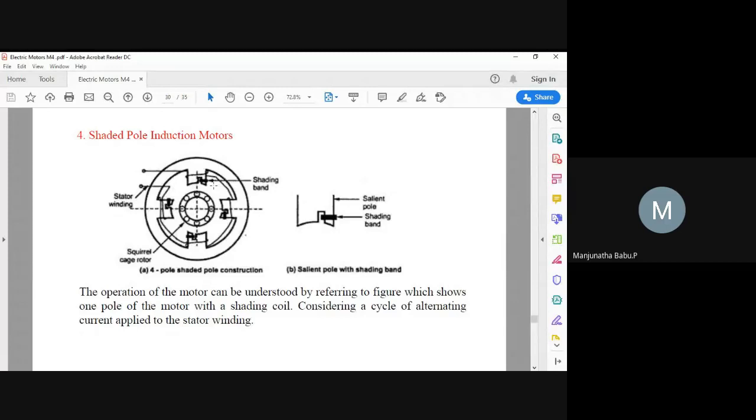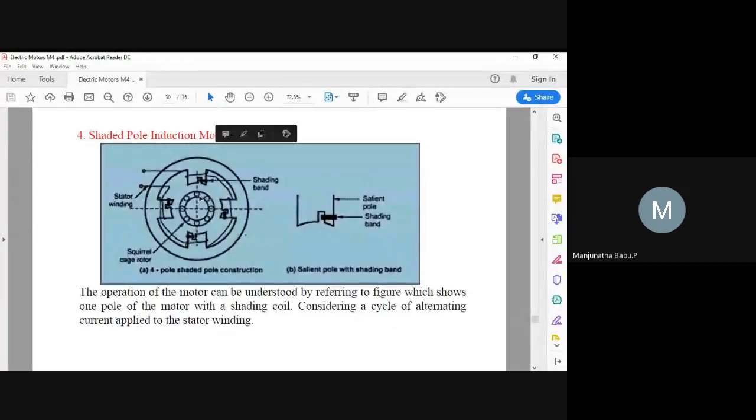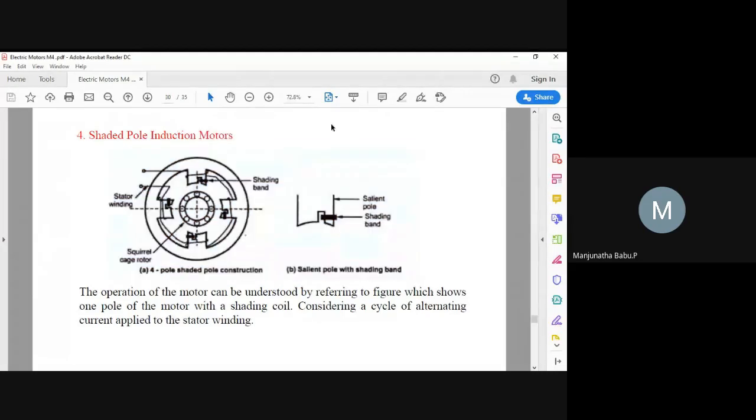With respect to this, the flux which is produced in the stator links in the rotor, and the rotor also starts rotating. As the rotor starts rotating, the current flowing in the stator is alternating, so that flux links in the rotor. The rotor flux carries the current, and the rotor starts rotating and tries to catch the synchronous speed, but it fails. That is regarding the stator and the rotor.